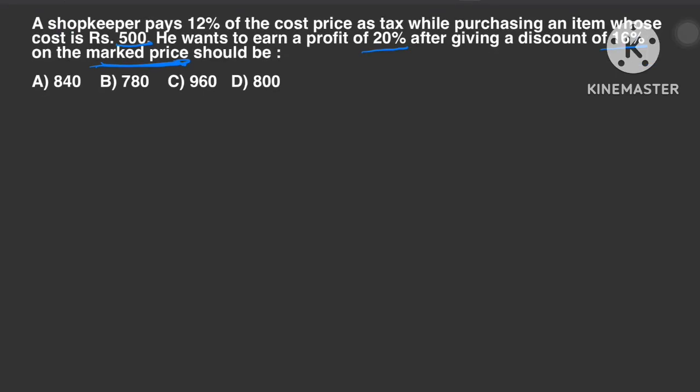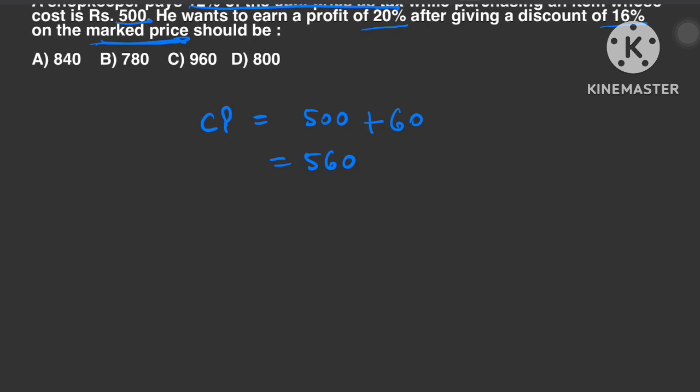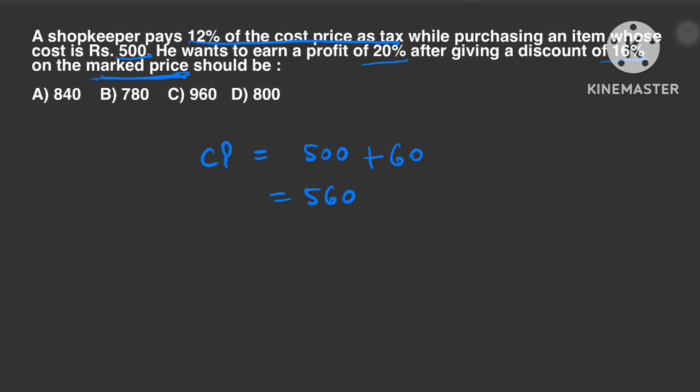Okay, so first we will consider here the cost price. Fine. So what will be the cost price? The item whose cost is rupees 500. Now here we have to add the value of tax as well. So 12% of the cost price as tax. So 12% of 500 will be 60. 560 will be the cost price. Now we have to find the value of mark price. Fine. So mark price will be